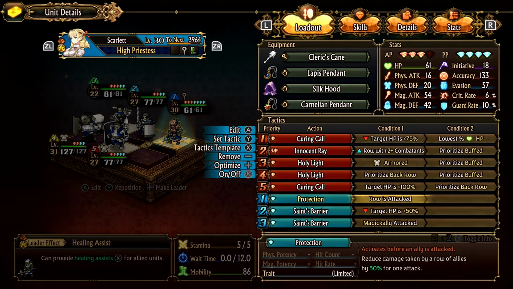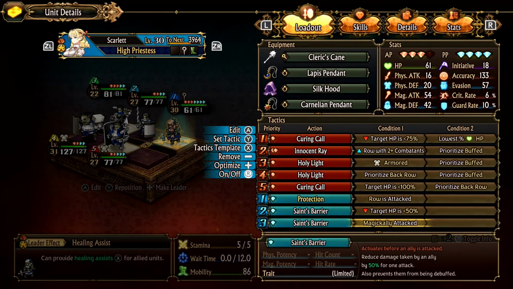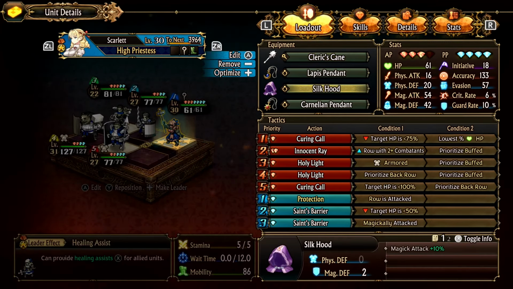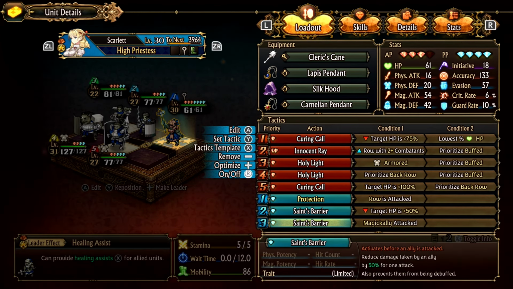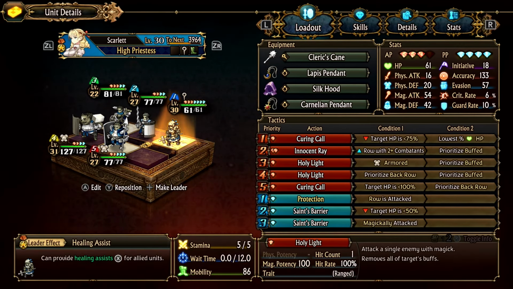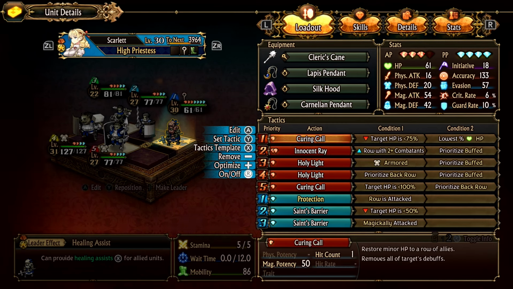If a row is attacked, or magically attacked, we shouldn't care too much. That would be the one main weakness here, because they're crazy physical defense-wise. Look at that, one magic defense with 50 physical defense. So having Scarlet here will help in that way, and also give us another type of damage, considering this is all physical attacks. In case there's someone really physically defensive on the other side, now we can use magic attacks